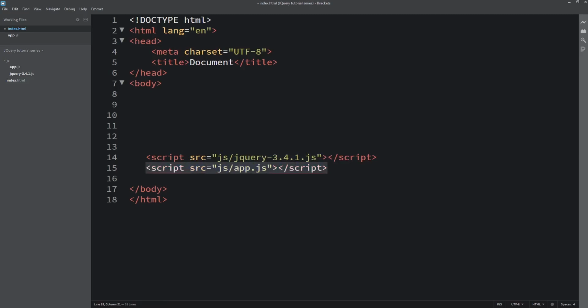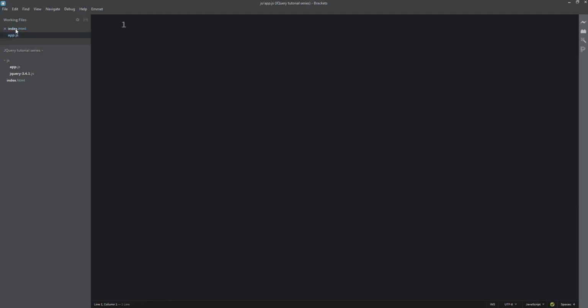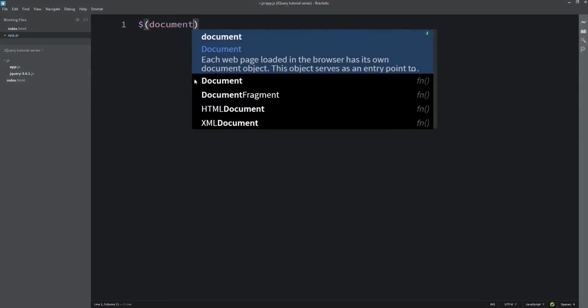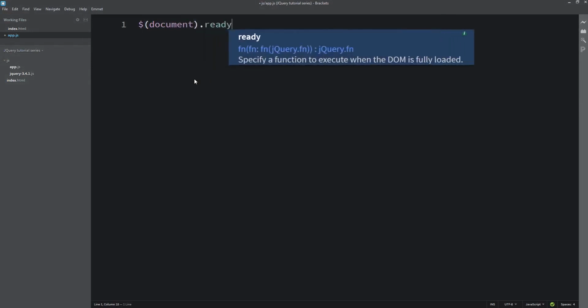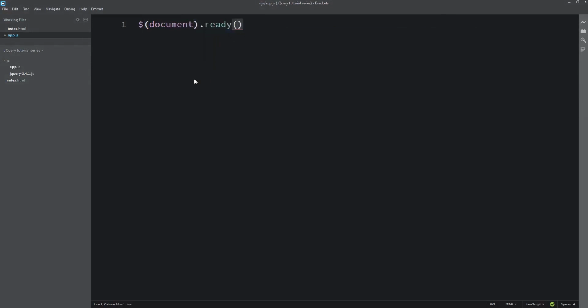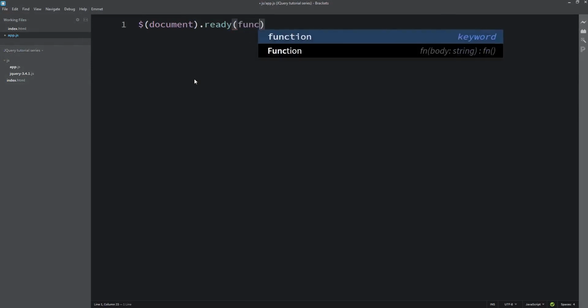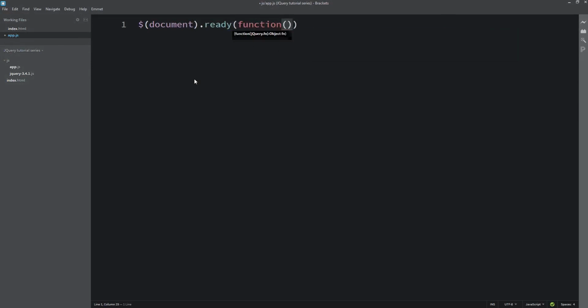You feel me? Alright. So just to show it quickly, I'll come to the app.js, then I'll say dollar document dot ready, then function. And we'll do one like this, put this file in here.